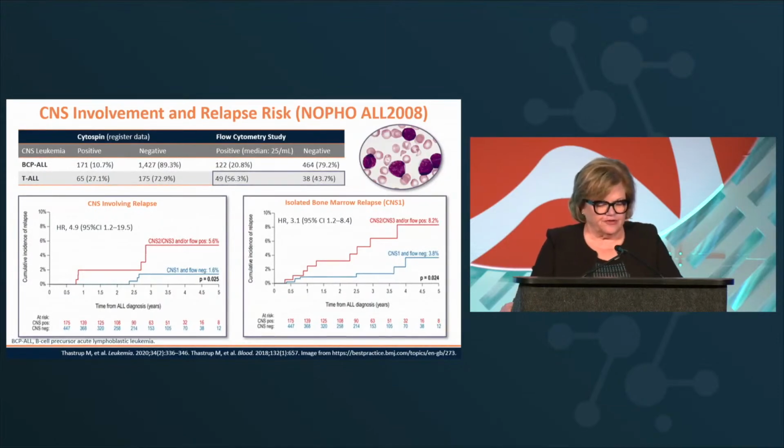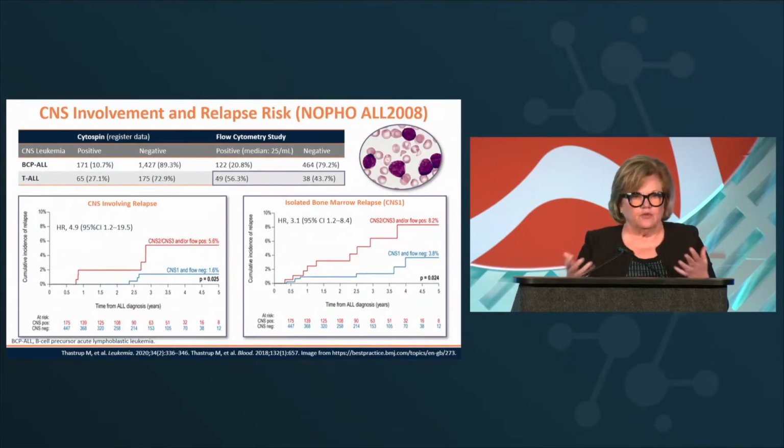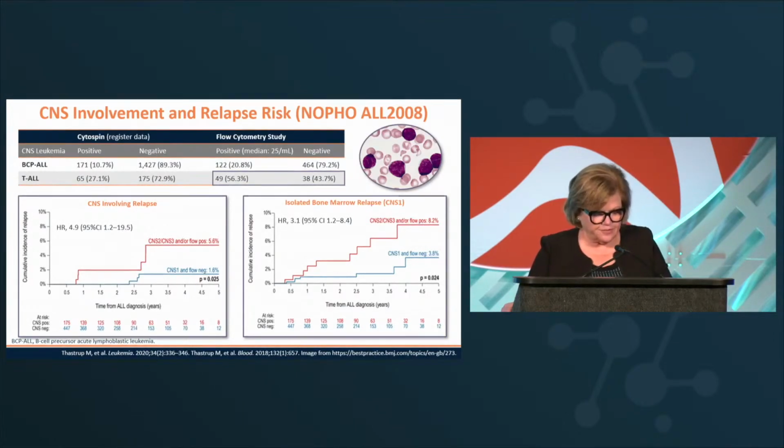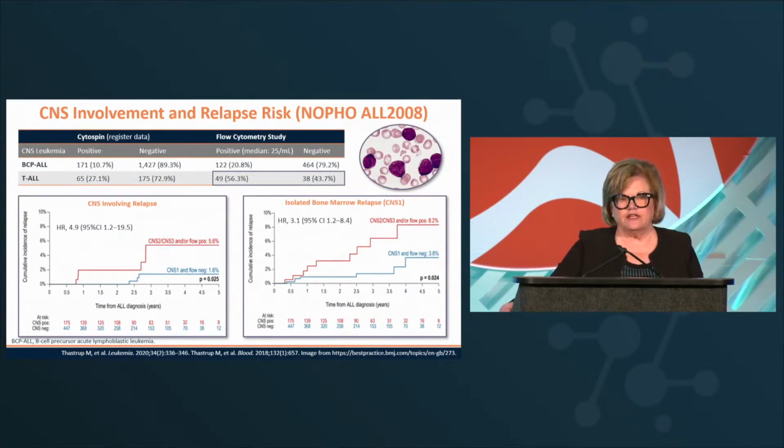This is another interesting component, and that is CNS involvement in relapse risk. And so here you can see that we're looking at the cytospin. When you do a lumbar puncture, at the time of diagnosis, we send that spinal fluid off for cytospin. We look at the number of white cells and the presence of blasts. And you can see in this first column, we're looking at one study that looked at those that were positive compared to negative. And what's interesting now is that we know that we should also be looking at our spinal